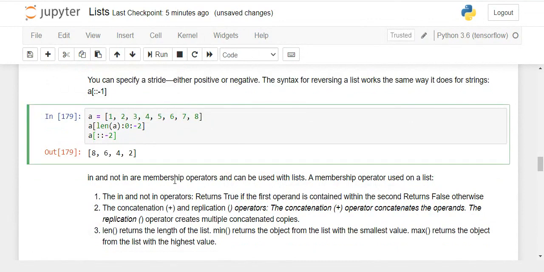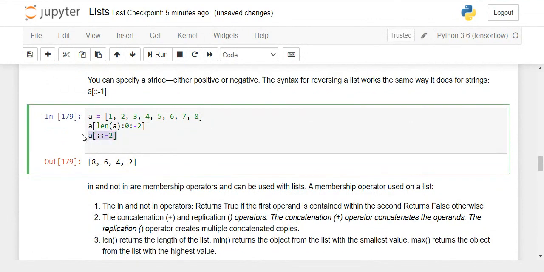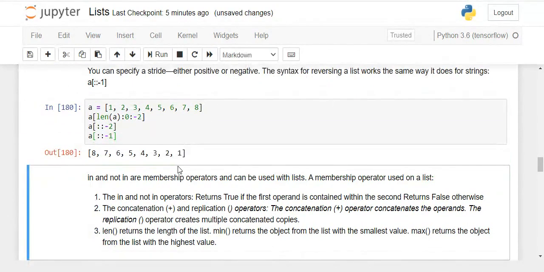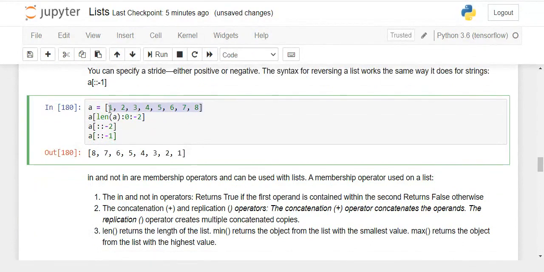One more thing, now you can easily find out how we can reverse a string. Reversing a string is nothing but two colons and obviously -1, because we need to make a jump of one number. We don't need to skip or leave out any object in order to reverse a particular string. So reversing a string will give you these numbers in reverse order.